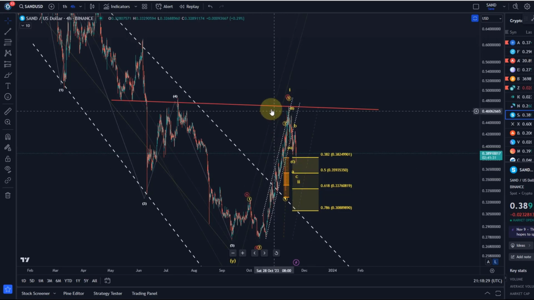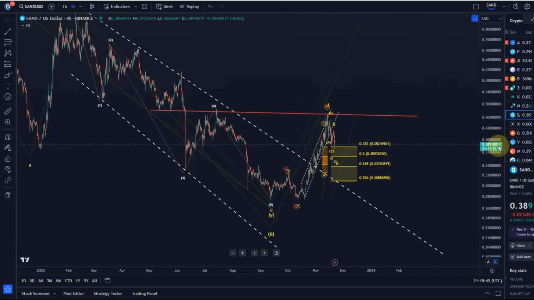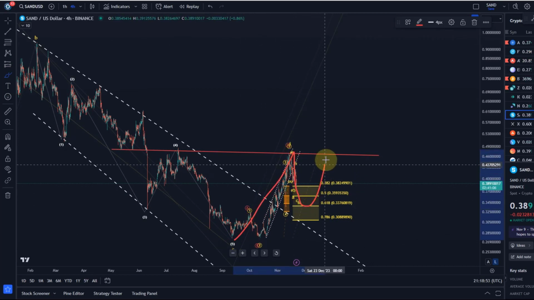I also talked to you about that it would be very likely to reach that trend line here, and then we could get a pullback in a wave 2, which might be quite deep, to form a right shoulder of this potential inverse head and shoulders pattern. And then we could see a breakout in a third wave that would fit much better because the third wave is typically quite aggressive. So if we really have 5 waves up here, then this was our wave 1, the wave 2 pullback, and the wave 3 rally could then be the breakout.